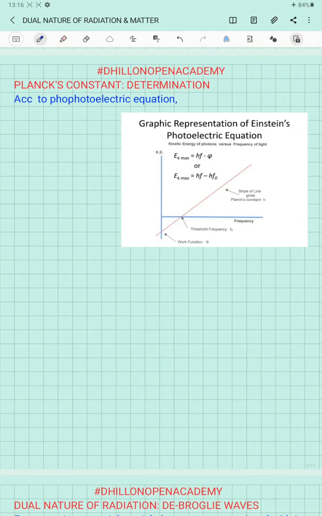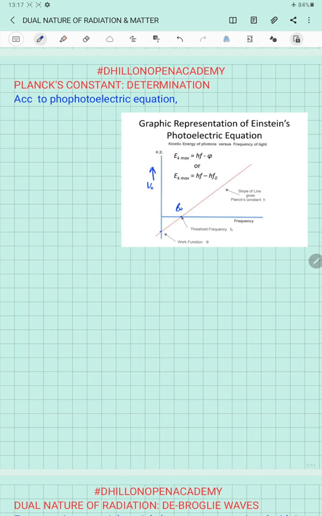So now we are discussing an important aspect of this chapter, that is determination of Planck's constant. We can easily determine the Planck's constant with the help of a graph between the stopping potential on the y-axis and the frequency on the x-axis. Now this straight line is intercepting the frequency axis at a particular value of frequency, which is the value f naught, the threshold frequency, and on the y-axis it is intercepting at a particular value